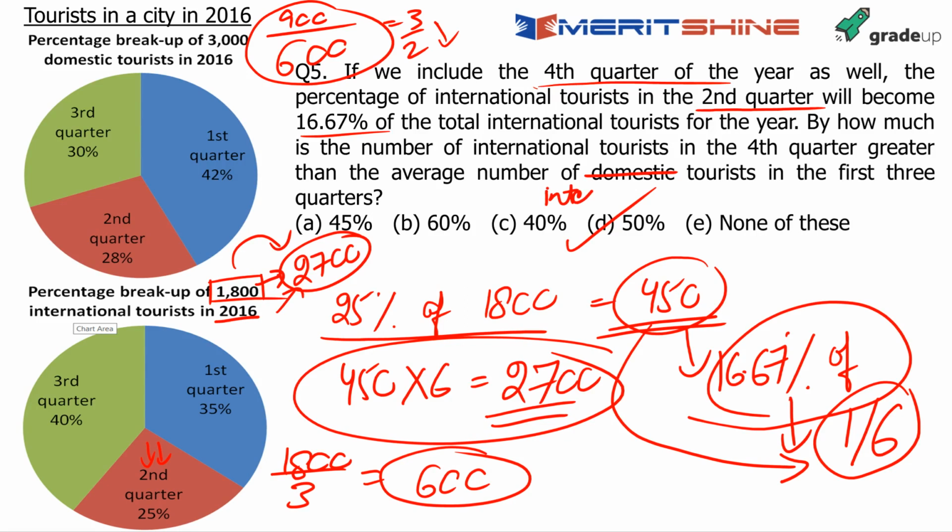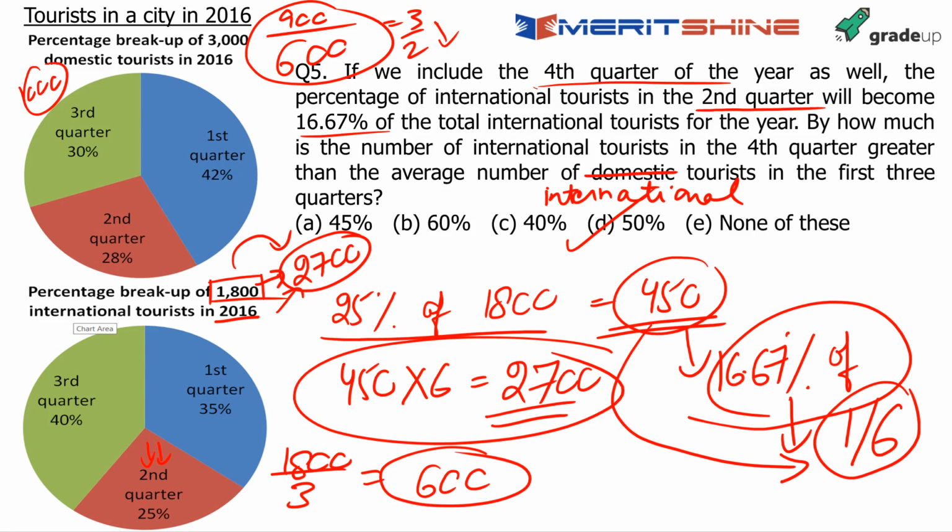If this had been international, this would be the answer, because for international this number is 600. If this was domestic, this is 3000 by 3, so the domestic original number was 1000. So in that case it will not be an increase, it will be a decrease of 10%. Fine. So had this been international in place of domestic, the answer would remain the same, 50%. Had this been domestic, the one that was originally written, it would be a drop of 10%. For all of you who got it, in that case the answer would have become none of these.